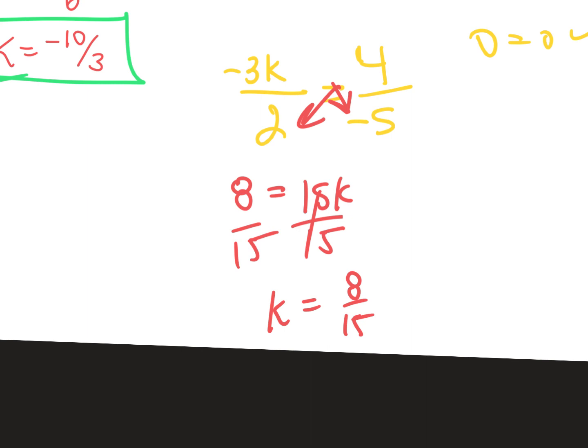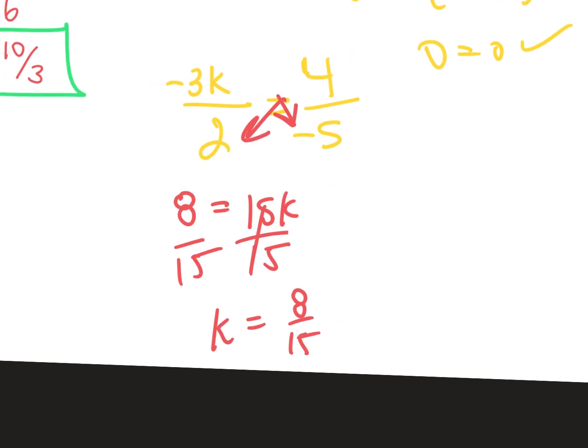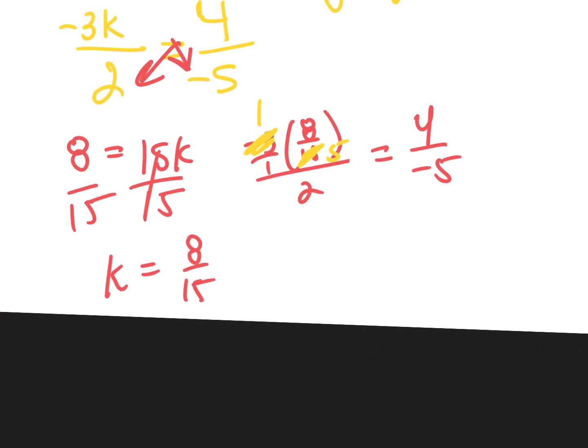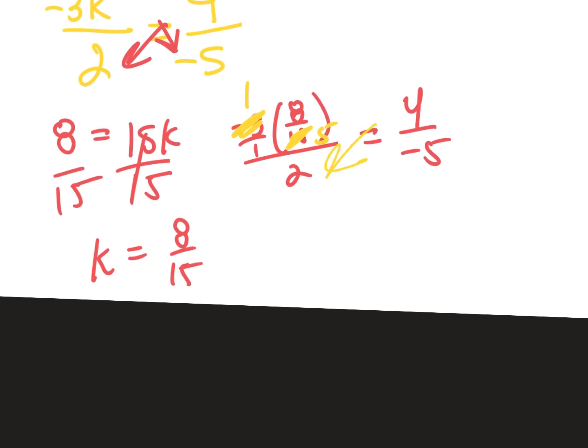That make sense? Check that. So negative 3 times 8 over 15 over 2. Does that equal 4 over negative 5? Well, if we simplify this, this becomes a 1, right? You guys agree? And this becomes a 5? Yes? Okay, so now let's cross multiply. 4 times 2